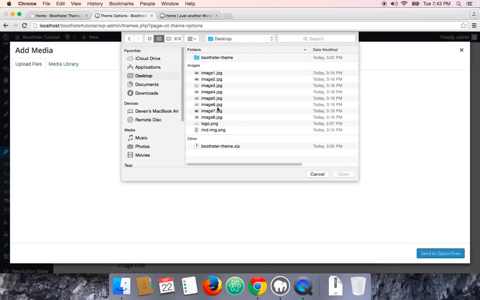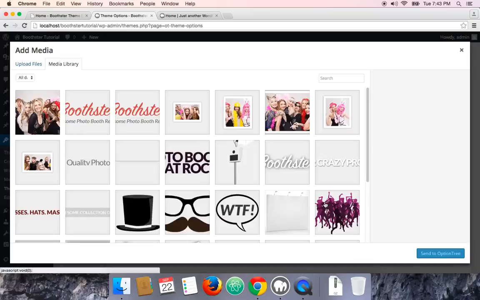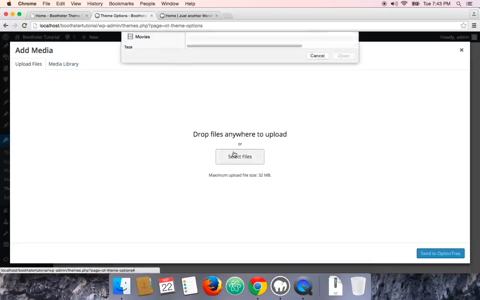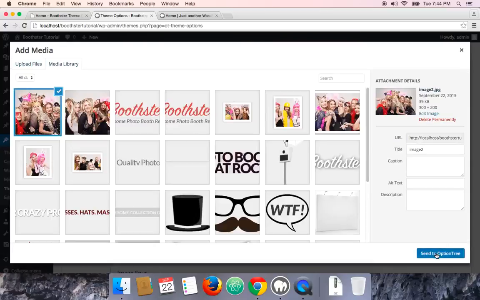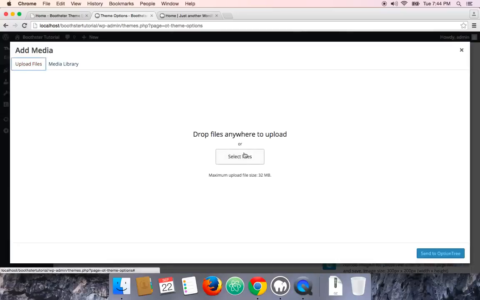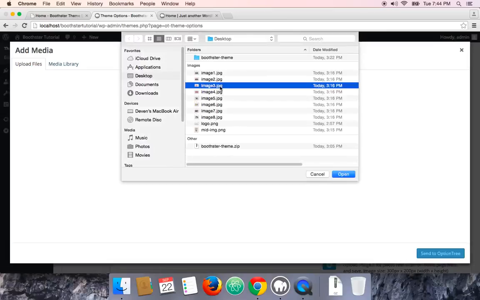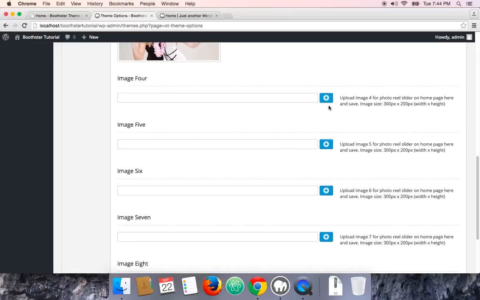Okay, so we'll begin with uploading all these images one by one. You can see I've already downloaded those images from the demo site. I'll quickly upload them one by one. Now we'll upload image 2. Here goes image 3. Image 4.